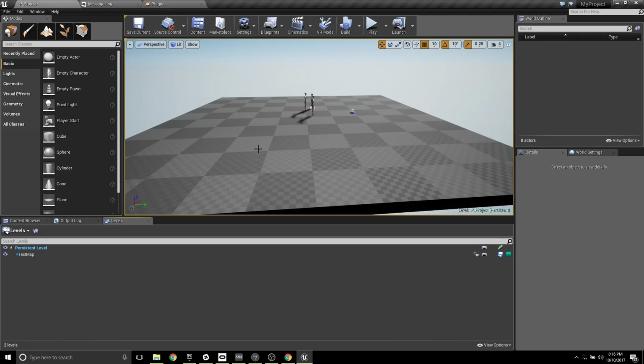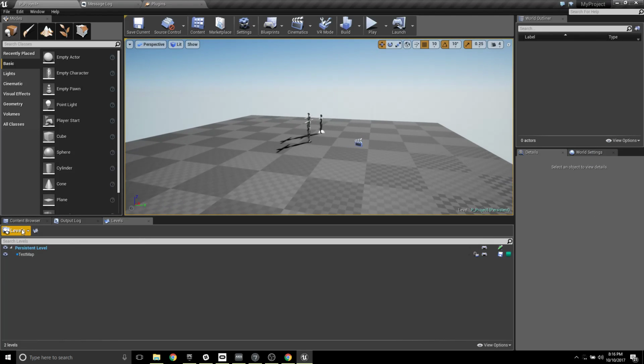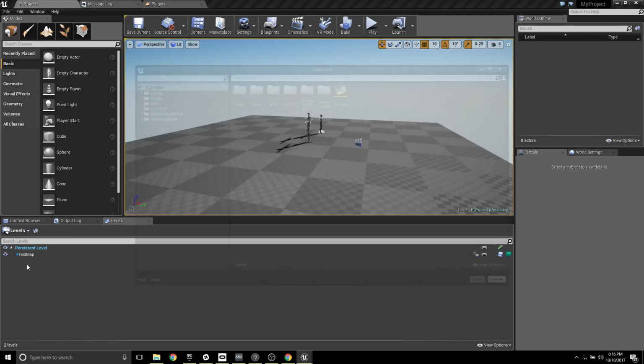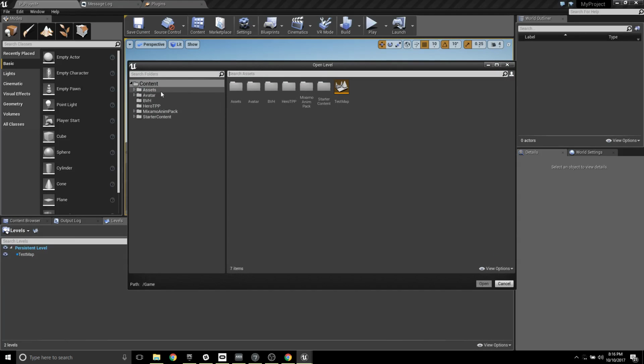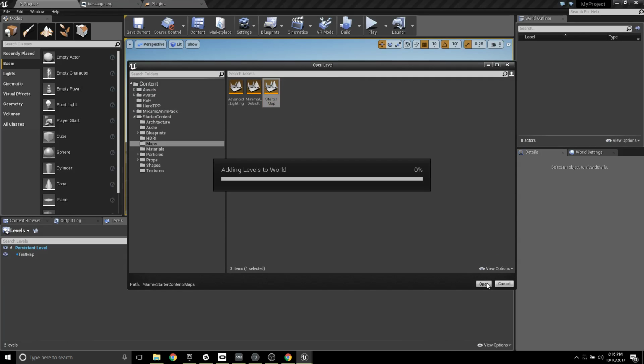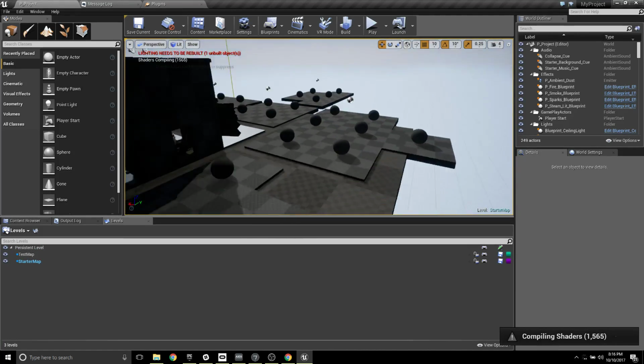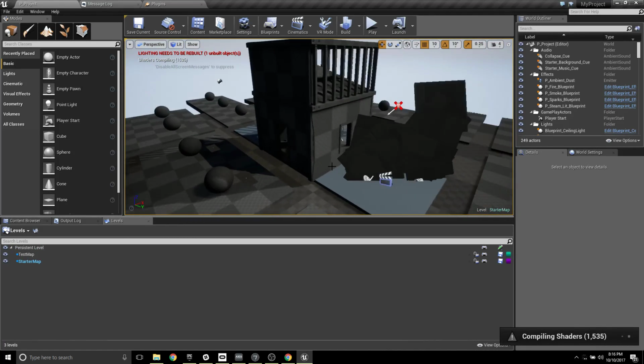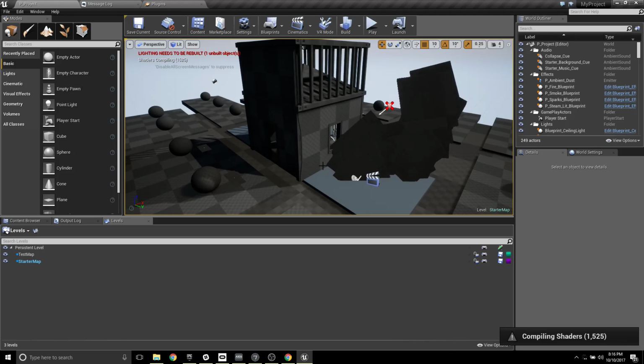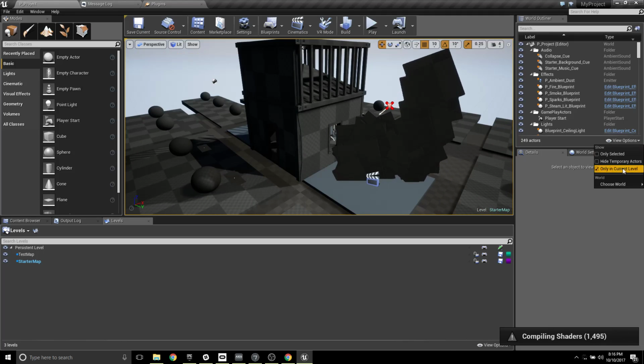Okay, that's cool. So I have this thing here. Let's bring in another level. I'm sure that in my starter content I had a maps folder, and I can bring in the starter map. So it's adding the starter map to here. And now I have the starter map on top of there as well. So this could be, I brought in everyone's meshes, I brought in everyone's programming and my level blueprints, all that kind of stuff. What's also cool is by being able to refine what I'm only seeing to what is in